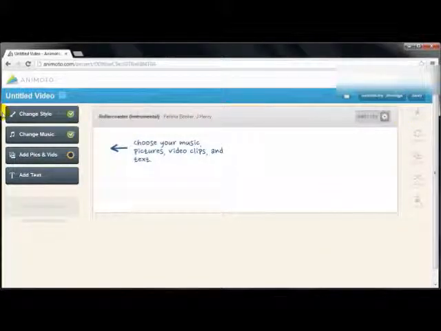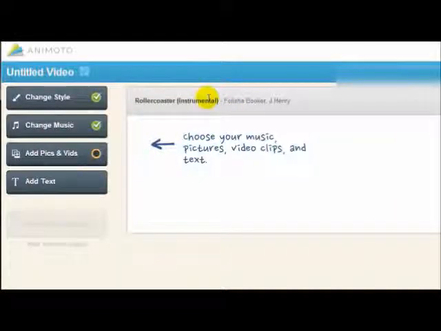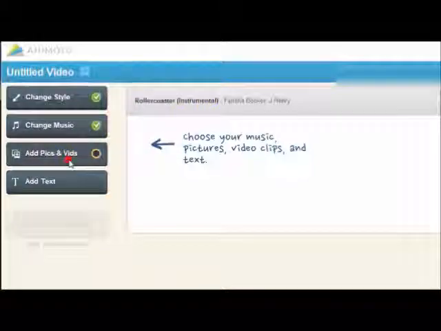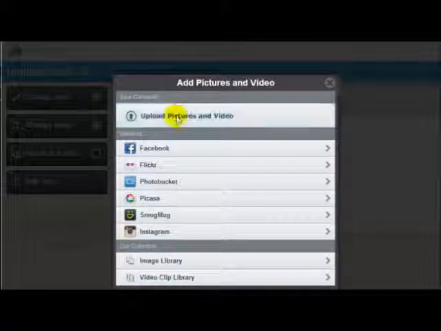okay, so let's say, for example, that I want to make a quick video as a realtor to show people how to sell a house and some specific strategies that somebody could use to sell a house. So what I would do here is go through the Animoto dashboard, and you can change the style, you can change the music, you can add pics and videos, but the videos can only be, I believe, 6 seconds long. So you could do video clips if you wanted to. But if you add pics and you click on upload pictures and video,